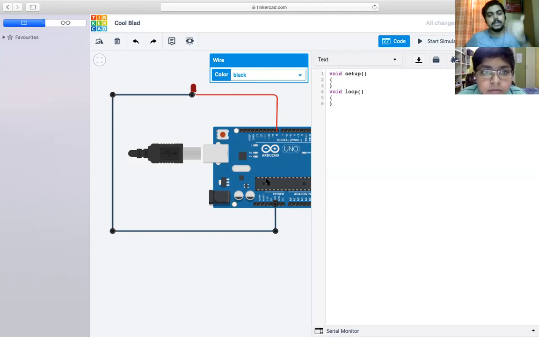First, we initialize a variable at the top before void setup. So first go there and write const space int, then give a variable name. We always initialize a variable at the very top, because after initializing the variable, only then can we use it. If we don't initialize the variable at the top, then the program will not run; it will show that the variable has not been declared.